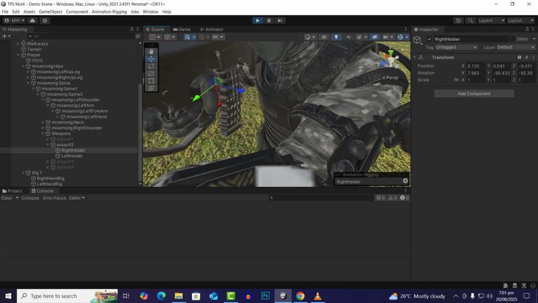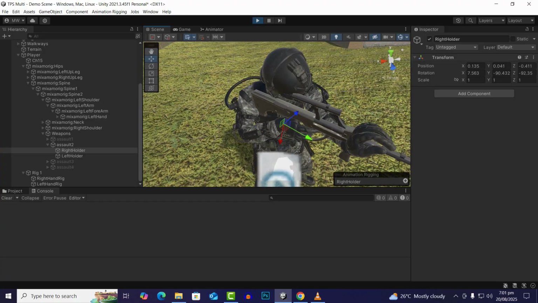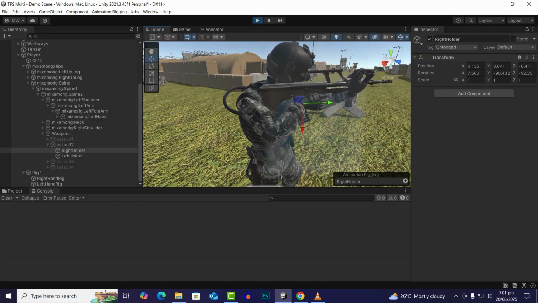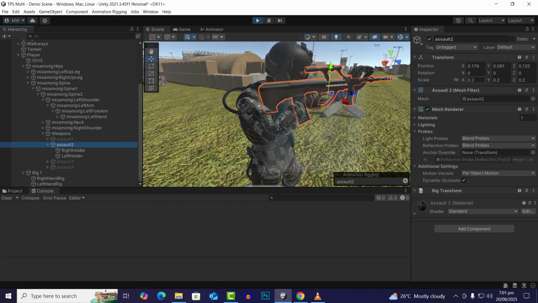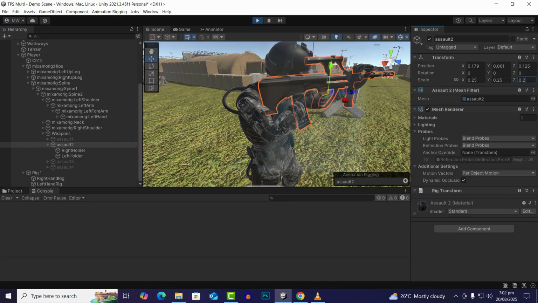And yeah, I think the gun size is a little bit small, so I will change the size of these guns a little bit. I think maybe you can see in 0.2. So if we go for 0.25, 0.25, 0.25,